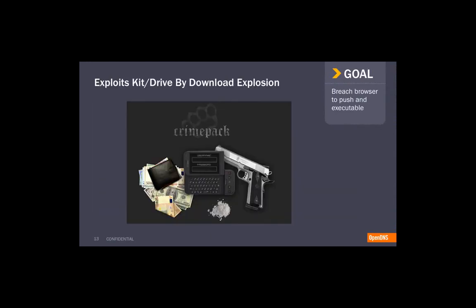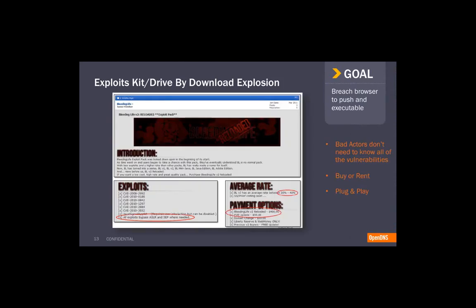On the other side, there's the exploit kit. And what this really means is if I'm a bad actor, rather than having to understand all of the latest Internet Explorer, Adobe, Java, Windows, etc. vulnerabilities, I can basically go through a SaaS model where it's between $200 to $1,000 per year, also available in a monthly subscription, plug and play this little piece of code, and now whatever website I've set up that those emails are pointing to or that malvertising campaigns are running against are just going to try them one after another,